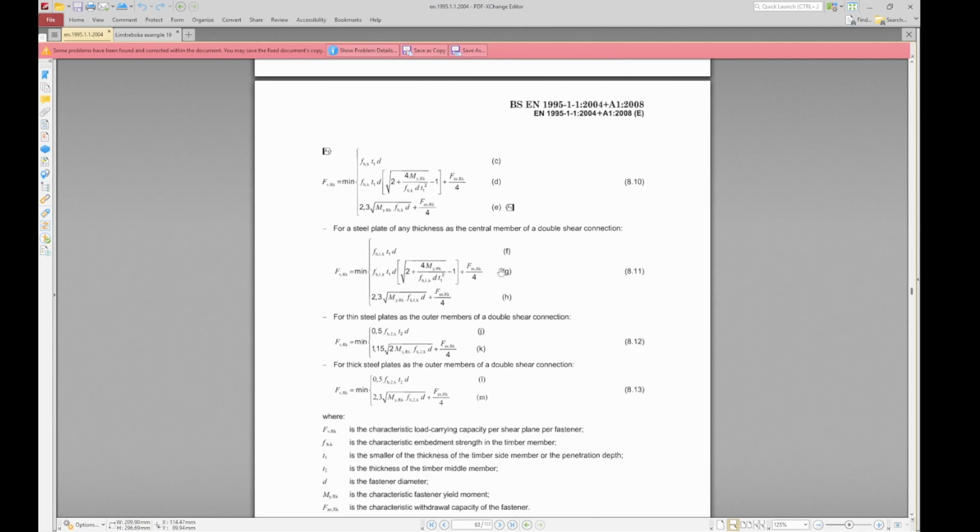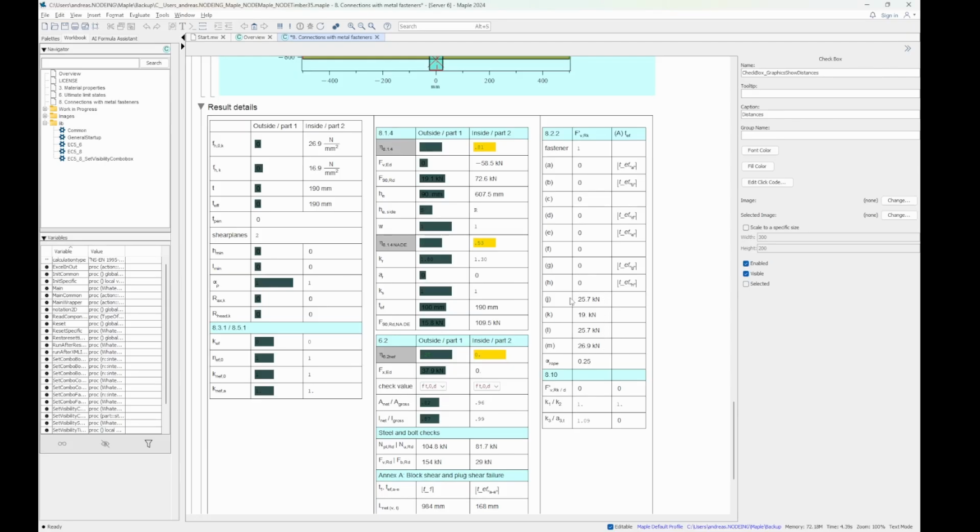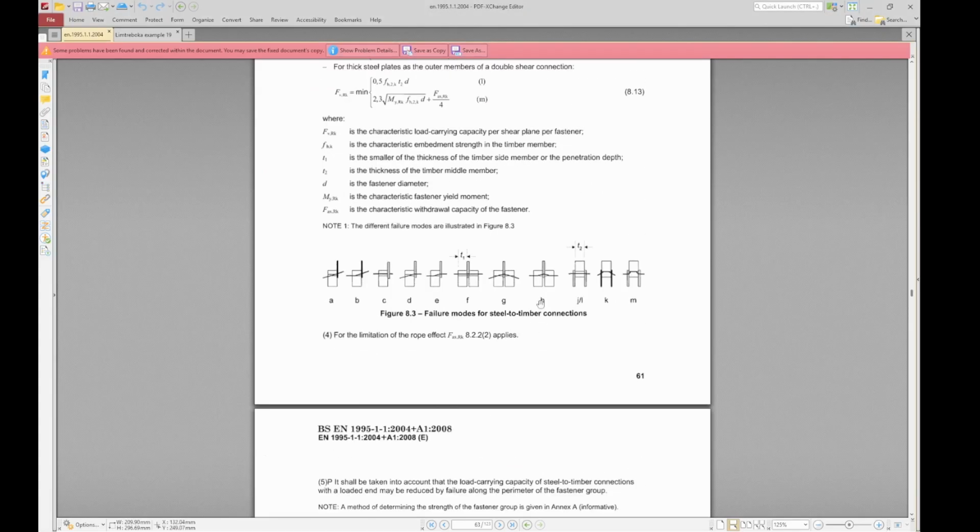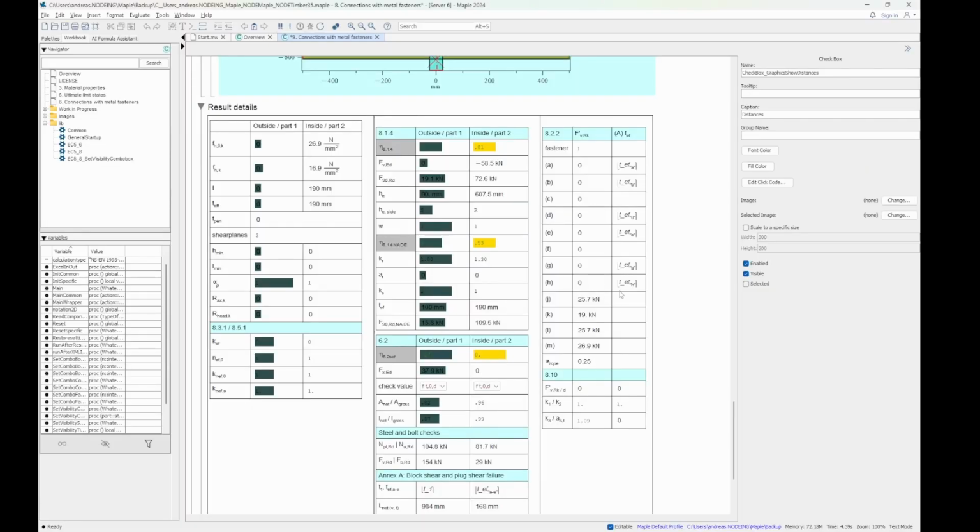So we have these formulas here, and going back to that one, we have a look at J, K, L, and M. All those ones are not relevant. These are simple timber-steel connections, while this is a steel-timber-steel connection. Okay. The minimum of those are